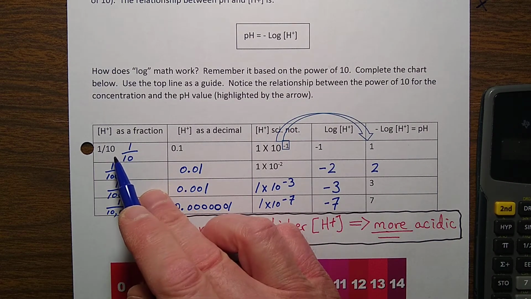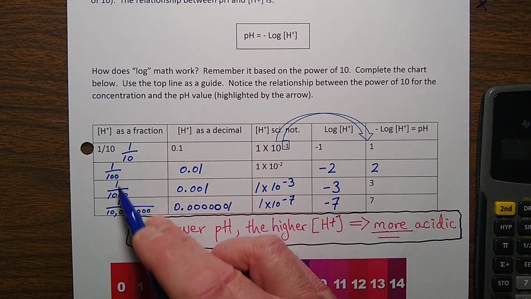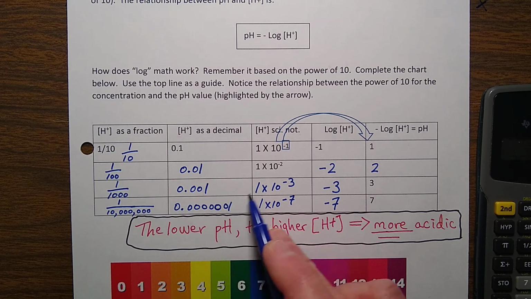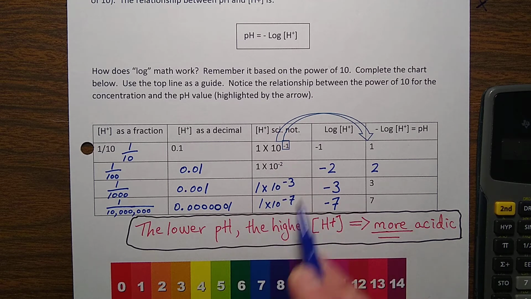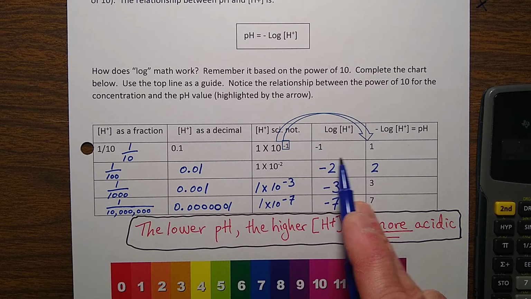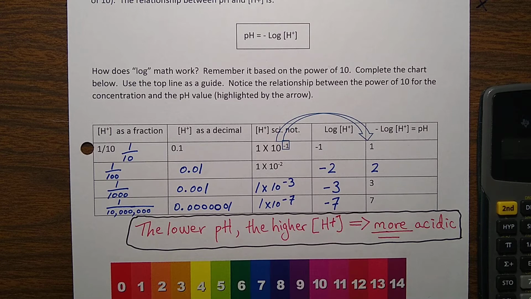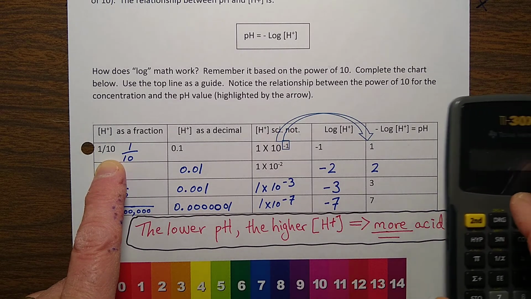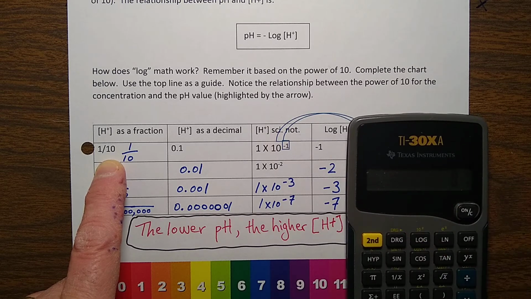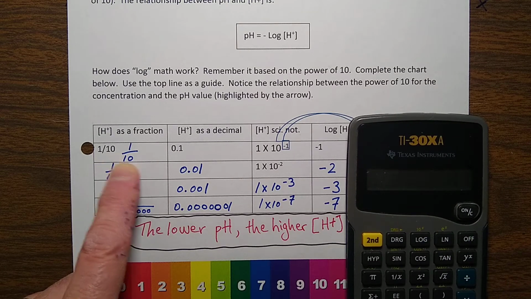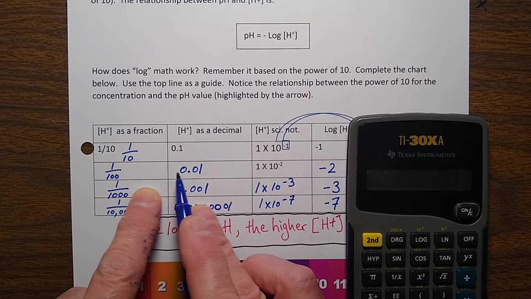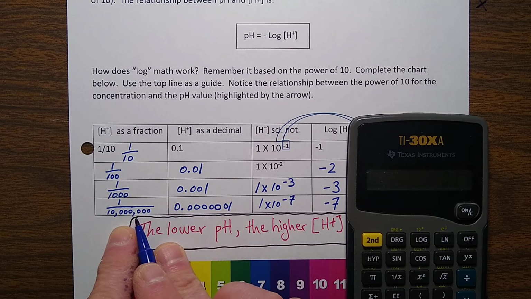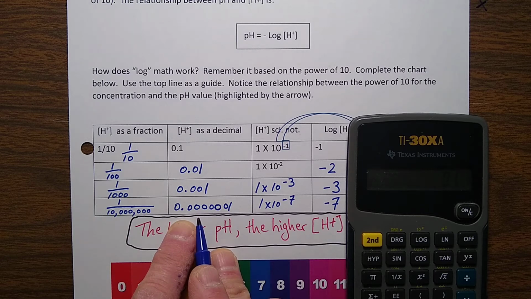So let's say we can write the hydrogen ion concentration in a few ways: as a fraction, as a decimal, in scientific notation, and then we can convert that to a logarithm and then a negative log, which is a pH. So here's how it works. We don't really write concentrations as 1/10, but 1 divided by 10, as you know, is 0.1. 1 divided by 100 is 0.01. 1 divided by 1,000 is 0.001. 1 divided by 10 million is